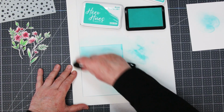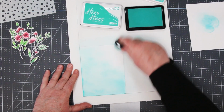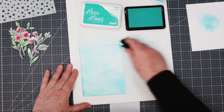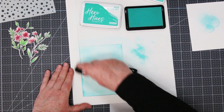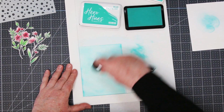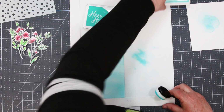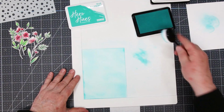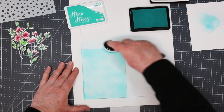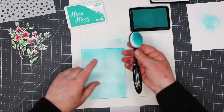If you are having a hard time with your ink pads running all over the place while you are trying to do some ink blending, give this mat a try. I think you'll really like it. I sure do. So I'm using Hero Hues Reactives inks. I've got Blue Raspberry and Pool Party, and I'm also using their blending tool. And I've started with the Pool Party and basically covered the entire surface. Now I'm going around with the Blue Raspberry, which is a little bit darker teal, and I'm just doing the